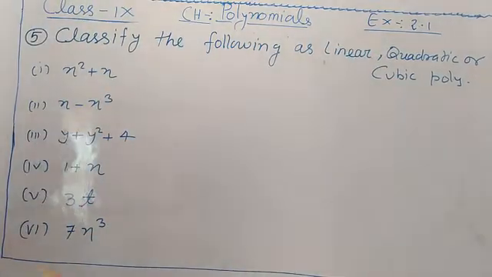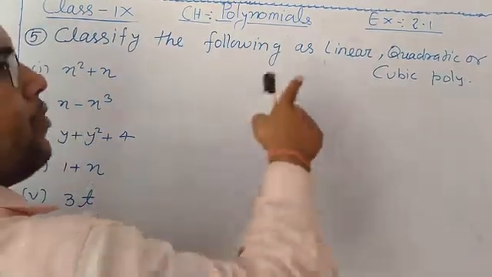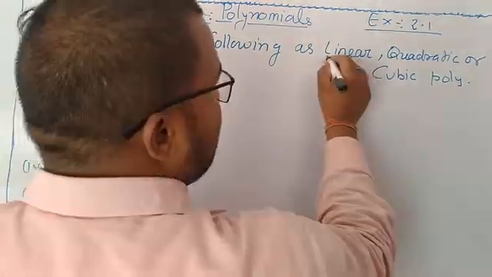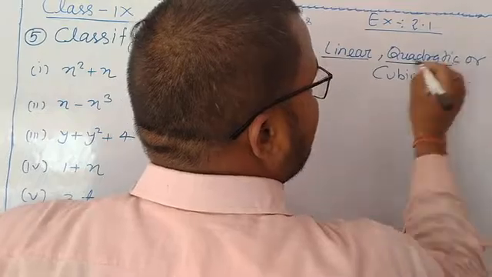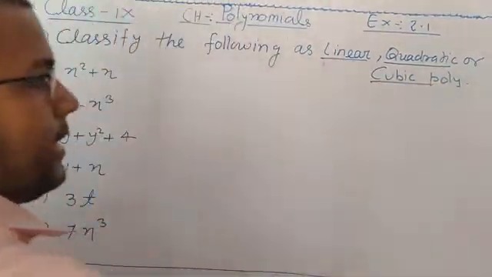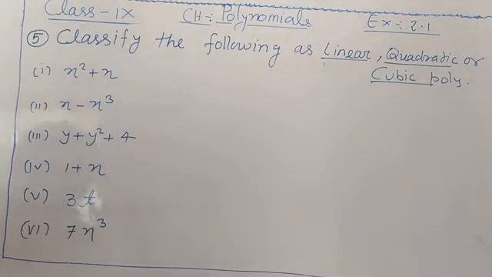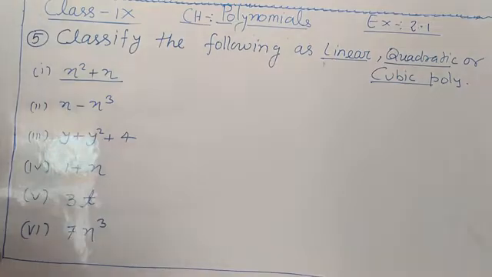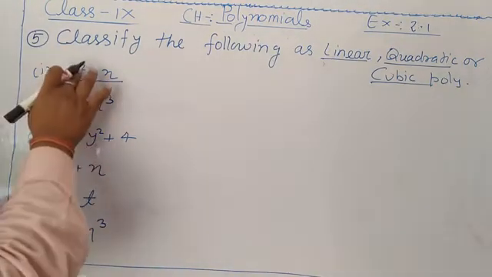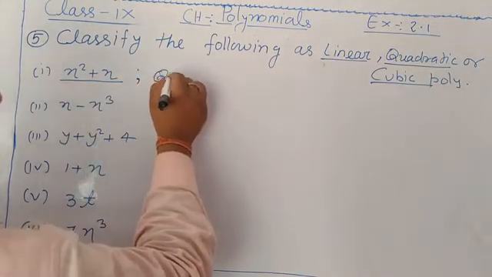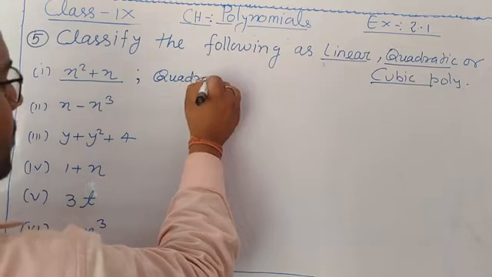Okay student, a polynomial of degree 1 in one variable is called linear, degree 2 is called quadratic, and degree 3 is called cubic polynomial. In the first question, the maximum power of the variable is 2, the highest power is 2. So this polynomial is called quadratic